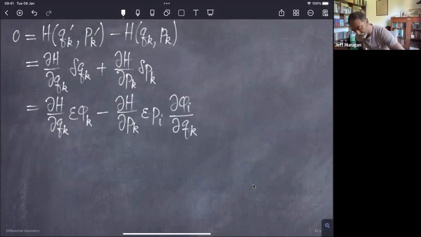And I can take out an epsilon from this. And then I realized that what's left, in other words, the dH by dq times phi k minus dH by dp times pi d phi i by dqk is nothing but the